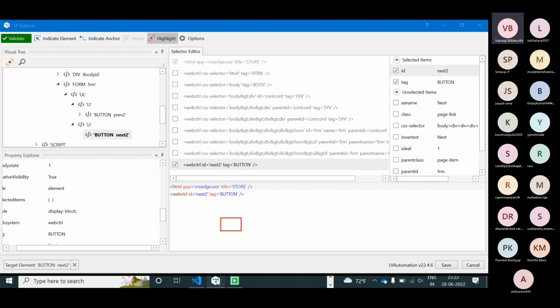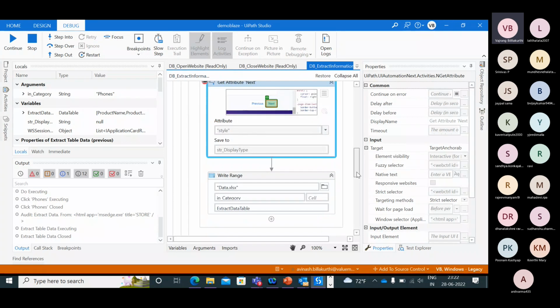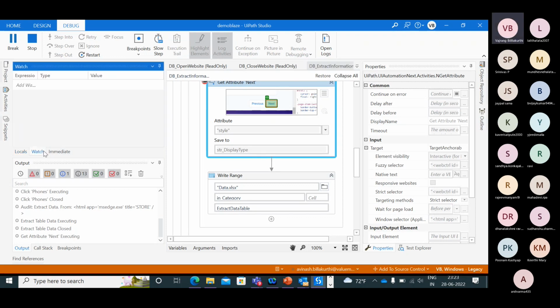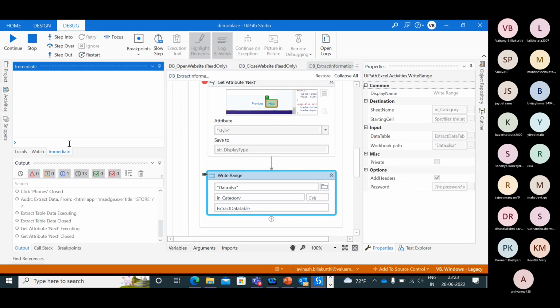And in the interview also you can explain why you are not using a next type, because that's available always, and we are not able to identify if it is removed or not, like the last page should not be available. So that's the reason we are going with this next button. So step into, so watch immediate panel. What is the str value?